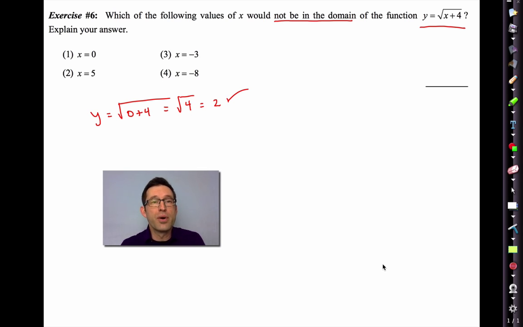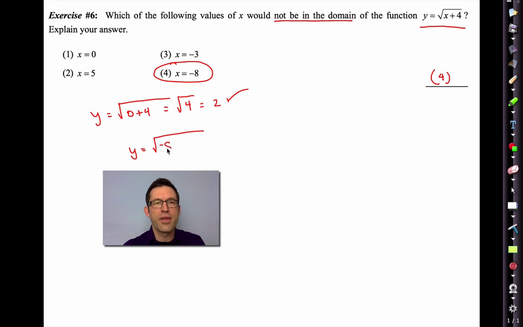I was able to get an output, right? But one of these values of x won't work. It will not allow me to have an output. Think about which one it is. All right. What I'm hoping is that you all concluded that this, x equals -8, is not in the domain. And if we try to see why that is, well, we eventually get that our output must be the square root of -4. But yet again, and we've seen this a couple times already in this course, we cannot